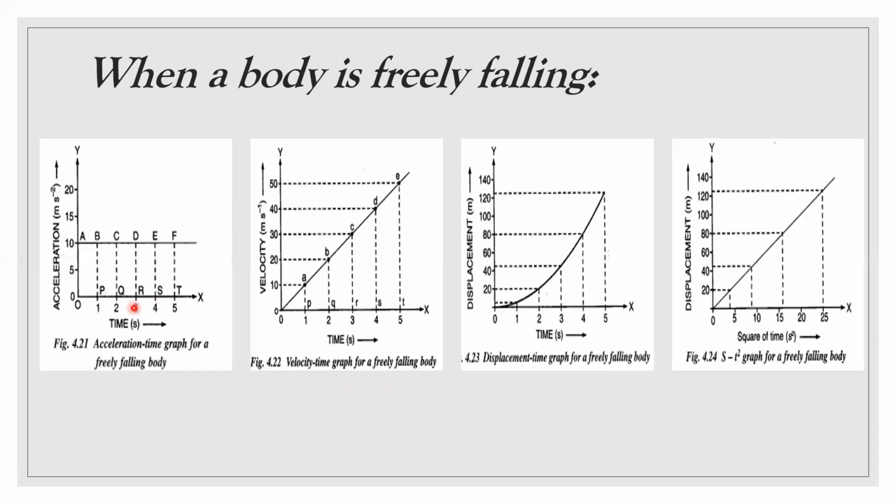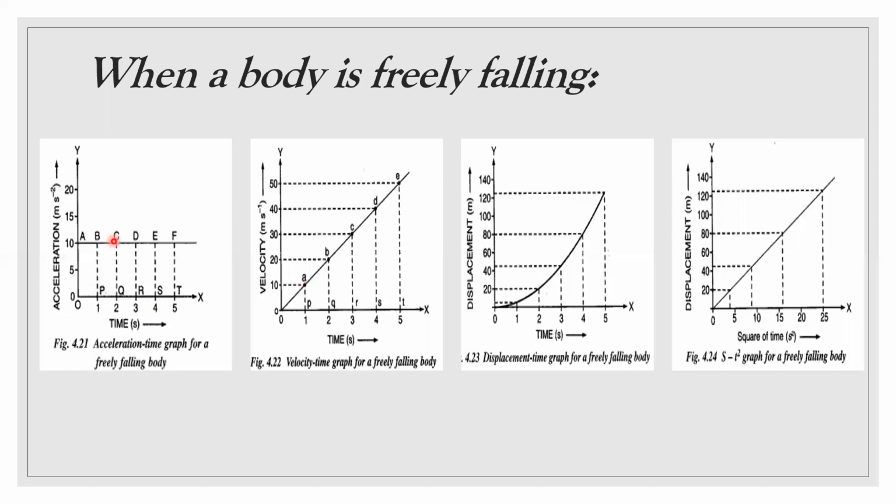So let's start calculating the velocity at the first second. What will be the under area of rectangle ABOP? That is length into breadth. Length is 10, breadth is 1. That will be 10 meter per second. So here I am drawing the other graph. This graph is showing the velocity time graph which corresponds to this 4.21 graph. So this mark shows the velocity at point A. Okay. 10 meter per second.